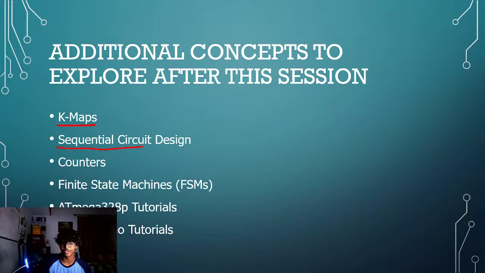I talked about sequential circuit design, how there's a set algorithm to design any sequential circuit you want, for any problem statement you want. I talked about counters, finite state machines,